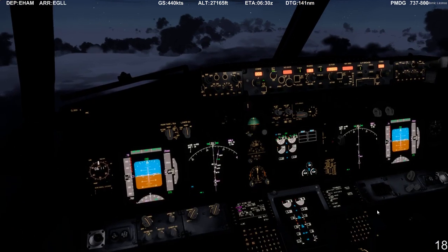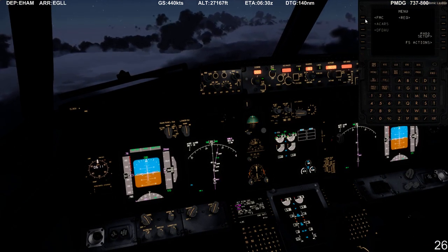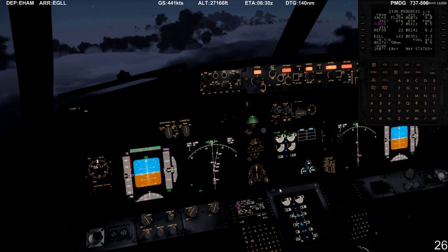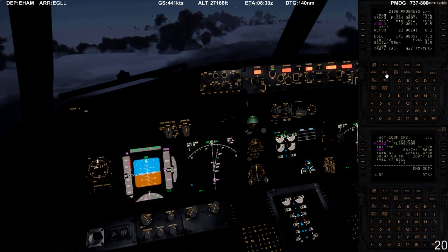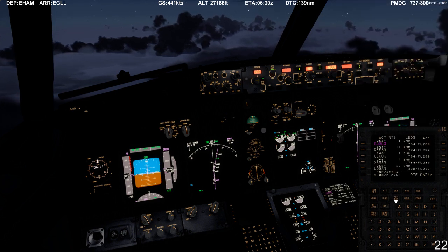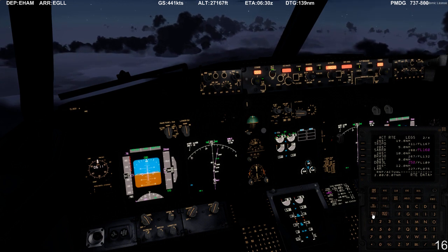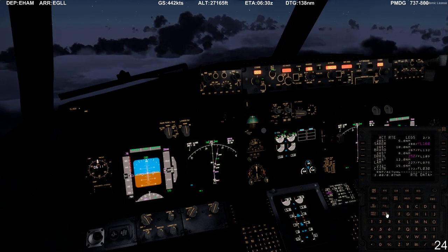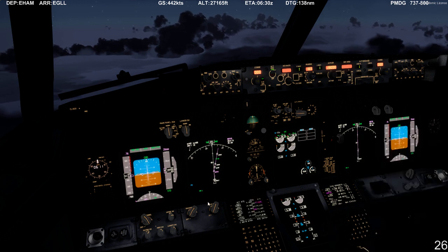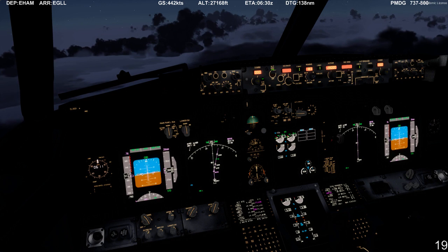And then I never turned this thing on. This is supposed to go to the active legs page, but I didn't do that. We'll put this on the progress page now. We'll put this one on the legs page. There we go, legs page. You can have them both open. Close that one down. Let's take a look at our legs here real quick. At Lam, it doesn't show us holding, so we're just going to scoot right past Lam and then on from there. And we're just about 40 nautical miles from top of descent already, so we've got just enough time